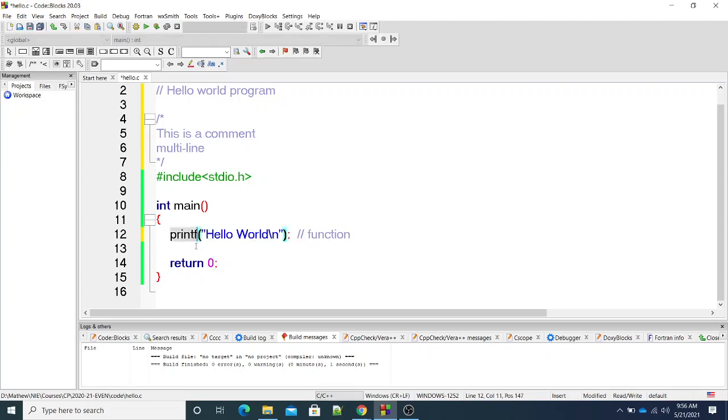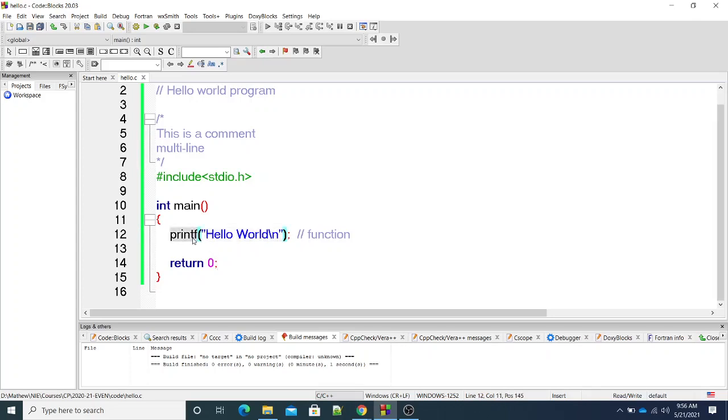I am going to call printf a function. Okay, that is the proper terminology. Now this function will display this string onto the screen. The standard output device is your display or monitor. This function will print this message onto the screen.